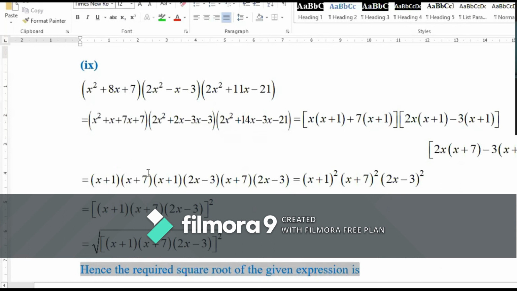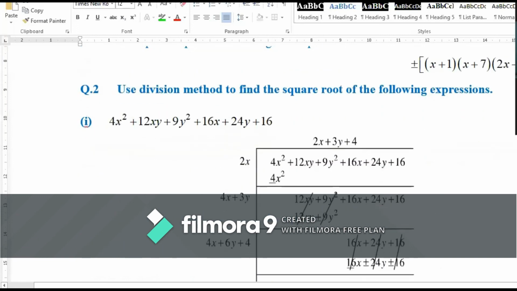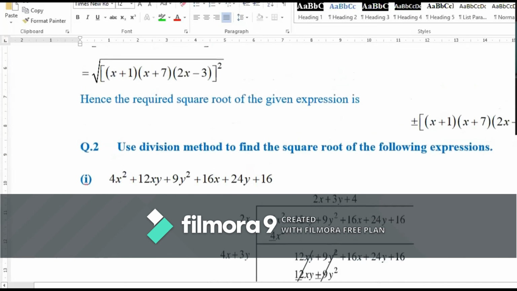Each part is factorized into two factors, and then these two will actually become perfect squares. x plus 7 will become 2 times, 2x minus 3 will become 2 times, and x plus 1 will become 2 times. So this will become a perfect square. So at the end, once again, you will write the square root sign and you will get the answer like this one. Okay, about part number 8 and 9, please ask any question if there are any queries,